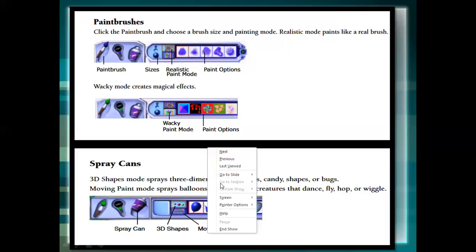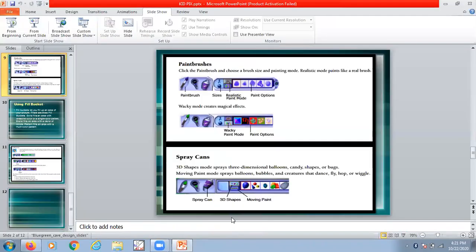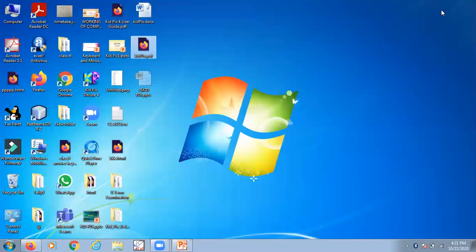Let us do it practically. This was the theoretical part. Let us work on the practical part. Give me a second. Let me open the KitPix software. When you download KitPix on your computer or on your laptop, such an icon will come on your desktop. When you click on this icon, my KitPix will open.